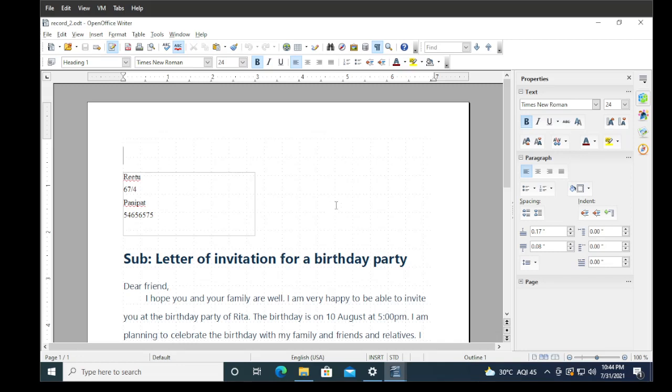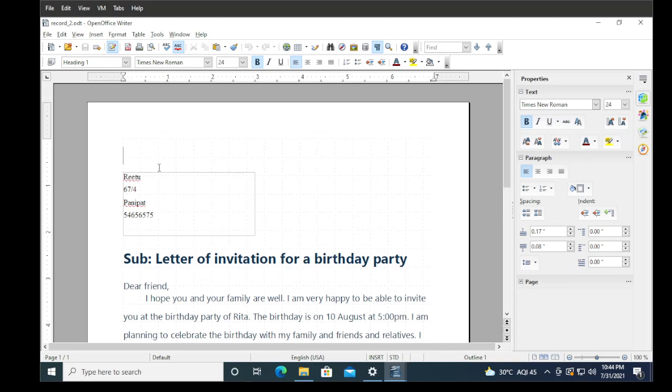So this is your complete mail merge. Here you can learn one point: mail merge has three components. First is your main document, so this invitation letter is your main document, the text document.